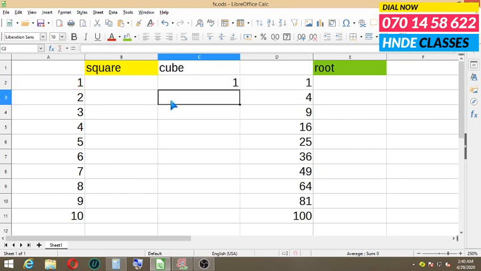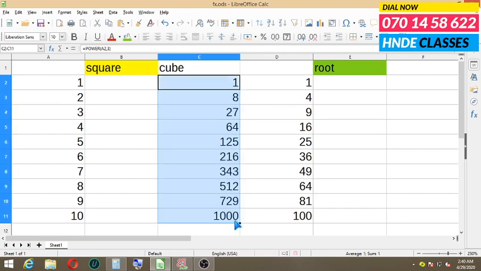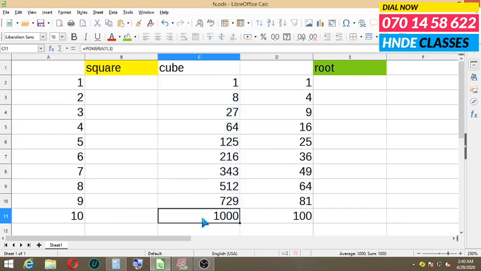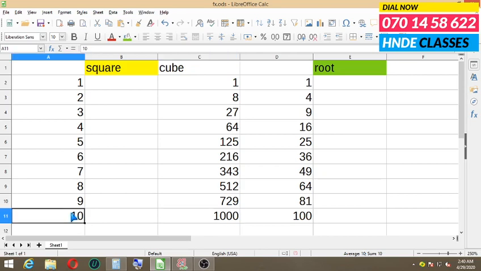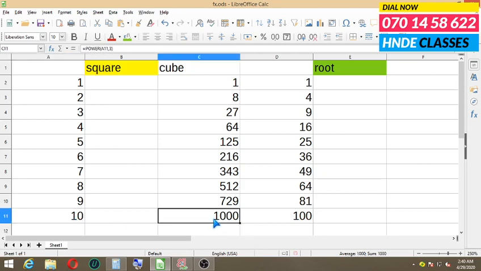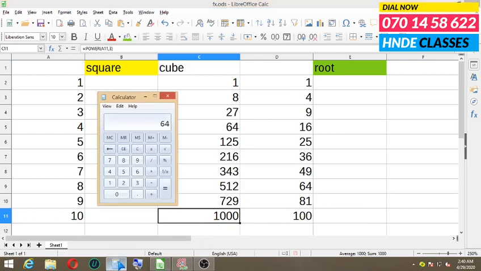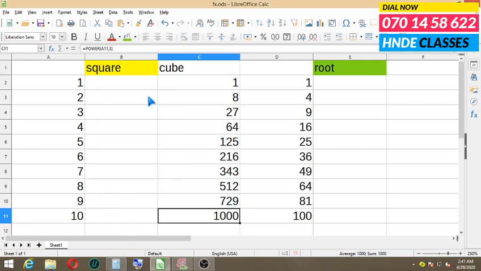Enter. So I'm going to duplicate my results here. This is the power. Power means the base to the exponent 3, here in this case a cube. 10 into 10 into 10, that is 1000.